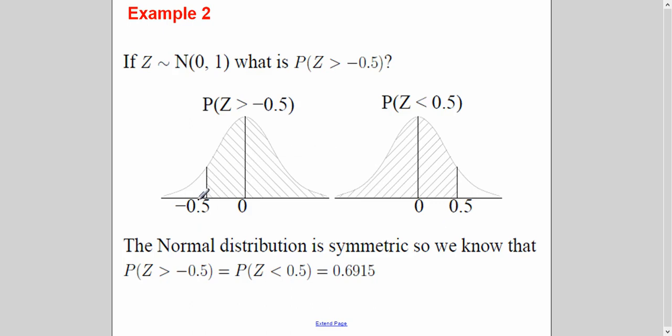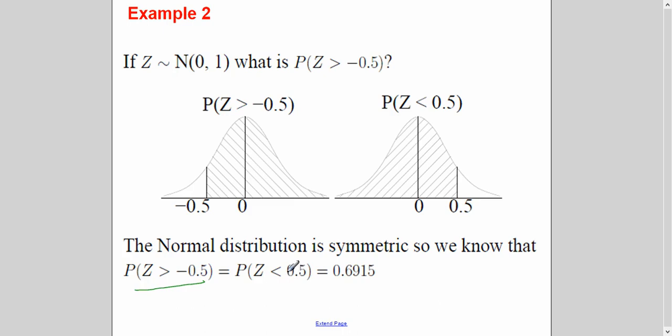Now negative. I have just explained it to you, but once again, I have taken here 4 examples, 2 more are left. When you have to find the probability of any z value which is negative and greater than, you will use the concept of symmetry. 0.5 negative, and you will have positive 0.5 also. So this whole area will be equal to this whole area. In this case, these two terms are equal to each other. That's why it is written here that z greater than minus 0.5 is equal to z less than minus 0.5.